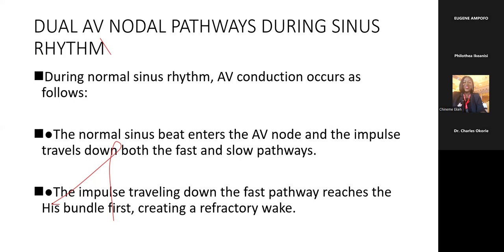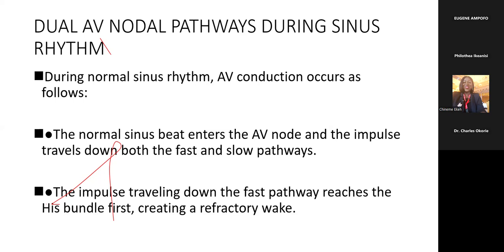So during normal sinus rhythm, AV conduction occurs as follows. The normal sinus beat enters the AV node and the impulse travels down both the fast and the slow pathway. So AVNRT has different pathways: the slow-fast, the fast-slow, and the slow-slow pathway. We have the atypical and then the typical pathway. The normal sinus beat enters the AV node and the impulse travels down both the fast and the slow